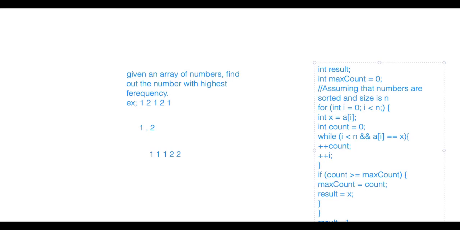So what do you think? What is the time complexity of this solution? At most, how much are we traversing in this case? You see there are two loops, right? But what is the time complexity? Time complexity of this solution. Like n square, right? No, that's not right. If you look closely, we are only traversing till n times, either via this or via this. And we are only traversing each element once.